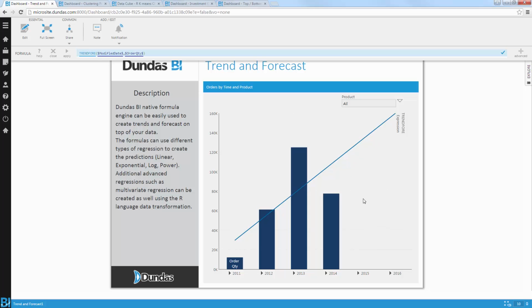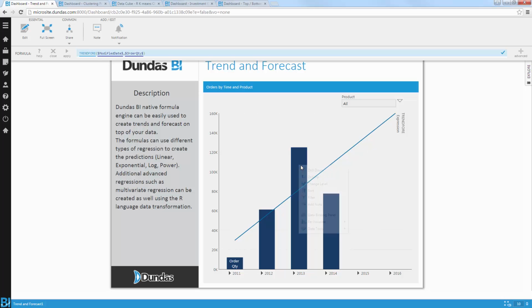in the future. In this case, I'm showing data at the year level, so I can see the prediction all the way to 2016, which is exactly half of my data input, which is another variable I can use to input into my formula. I can definitely change those variables and provide different types of forecasting. Maybe I want to use a 4 years prediction forward. Maybe I want to use just 1 year and predict based on that. So that's great. Now I'm able to see how this is going to predict in the future.